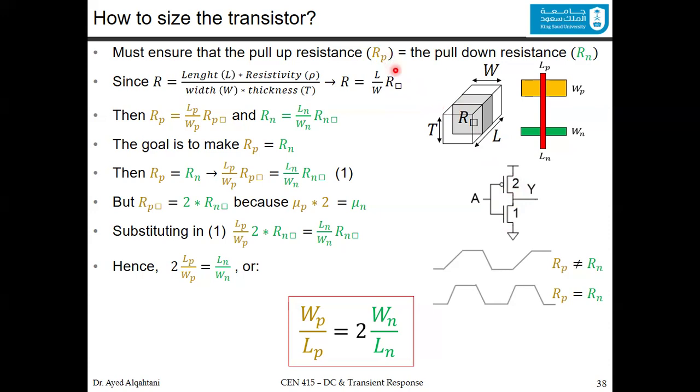Now, to make this clearer to you and to find out the reason why we care about having the RP equal to the Rn, let's look at this. If the RP is equal to the Rn, then look at the output Y of the inverter. Every time you change the input, the output swings between 0 and 1. Let's say the output is 0, then 1, 0, 1, and 0, and so on. If the resistance of the pull down is equal to the resistance of the pull up,